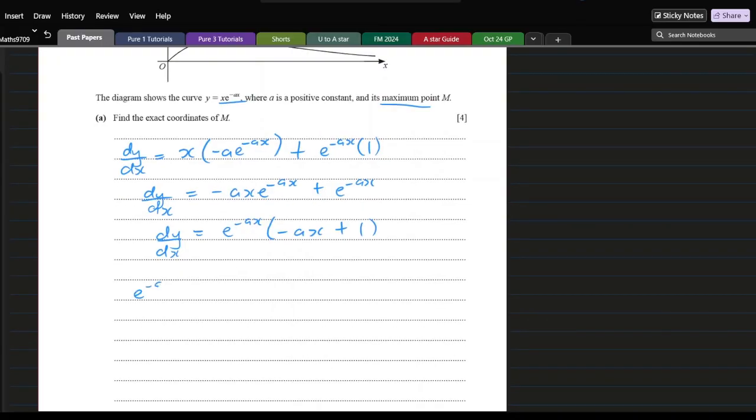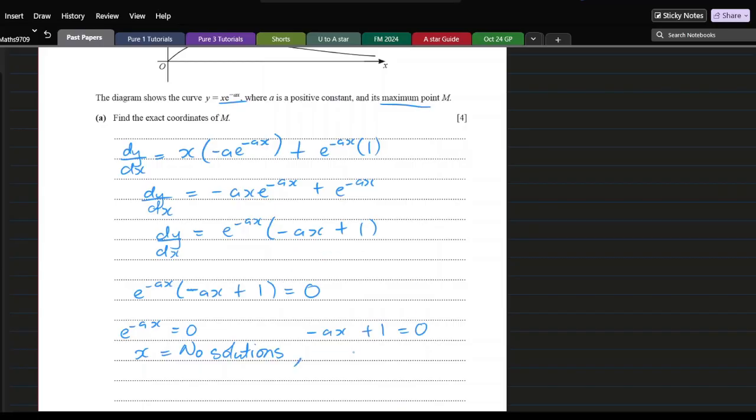So e to the negative ax, since we're solving for a stationary point, this is equal to 0. Equate each expression to 0. So e to the negative ax is 0, and then we've got negative ax plus 1 is 0. Alright, so here to get rid of our exponential function, we have to apply the natural logarithm to both sides, but if we do that, we end up with an error because the natural logarithm cannot take values that are less than or equal to 0. Okay, so it means our solution must come from this